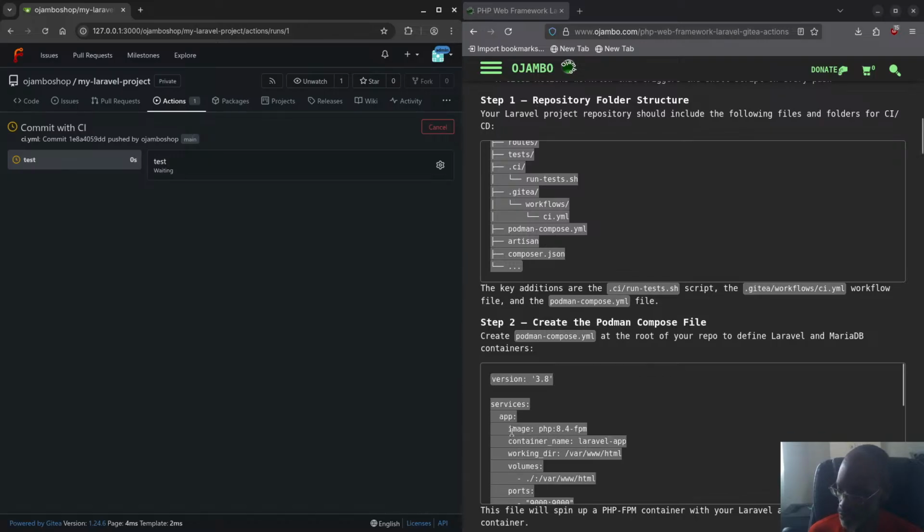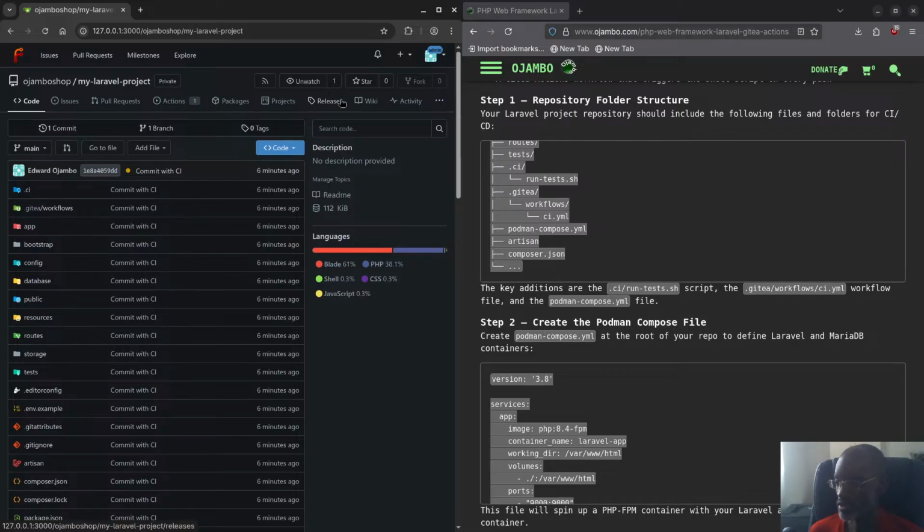The reason is for the application I'm using right now, I have no need for PHP 8.4 because I'm using Fedora 42. I already have PHP 8.4, so I don't feel like running it in a container for now. But as I said, you can run that and you'll be able to run the actions here. Alright, so with that said,